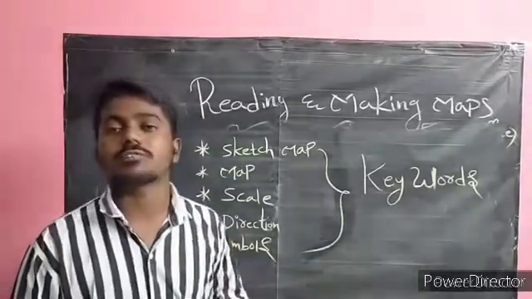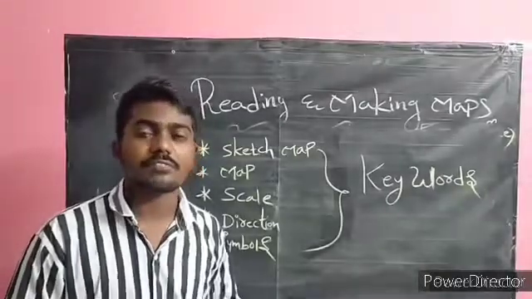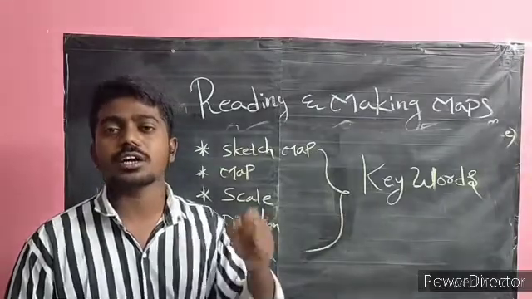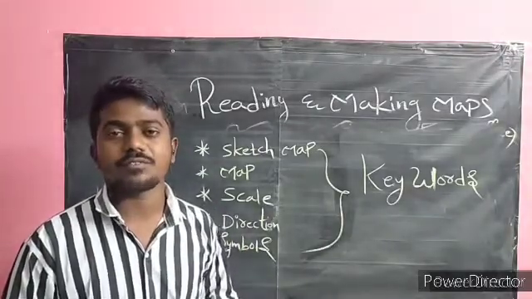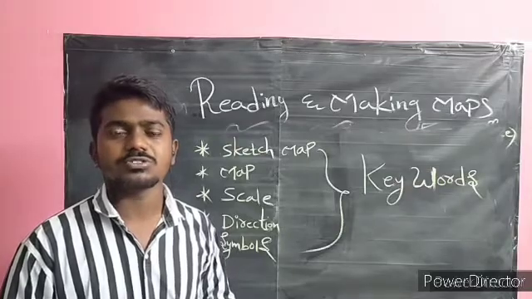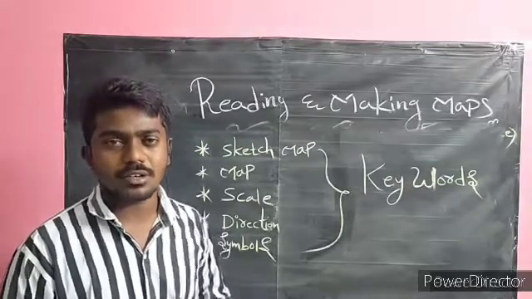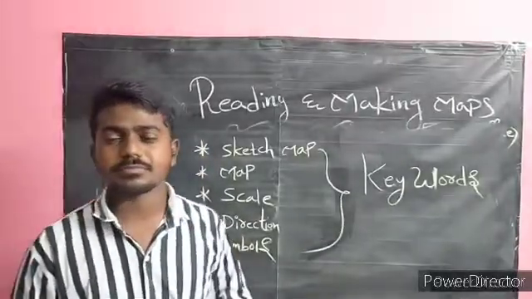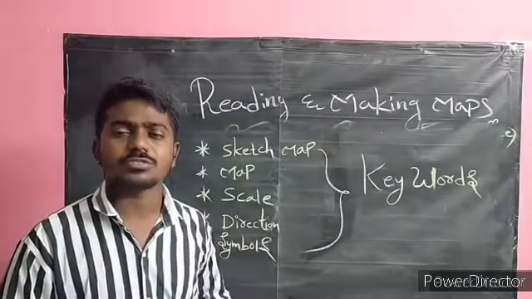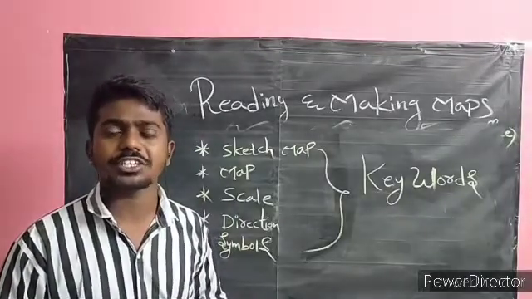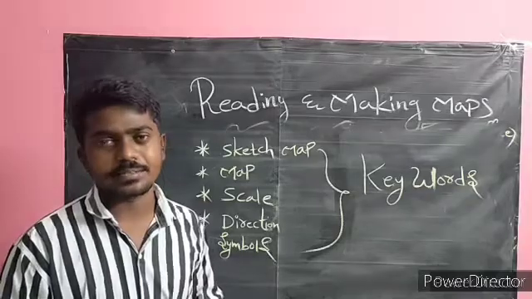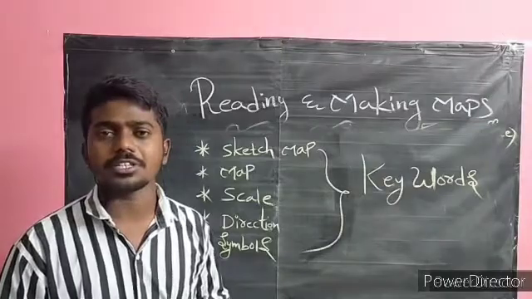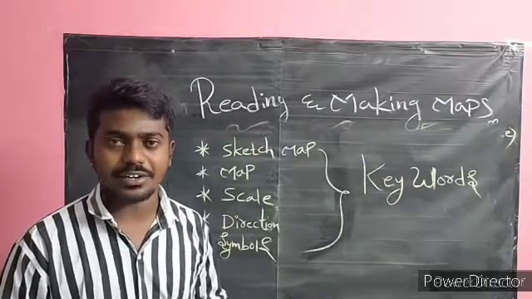And also I told you about the types of maps: political maps, physical maps, and thematic maps. Political map shows the political divisions like villages, towns, cities, states, countries. Physical map shows the plains, different landforms, plateaus, coastal regions, islands, etc. Thematic map shows only one object, like distribution of rainfall, climatic regions, population, rice growing states in our country. Example.